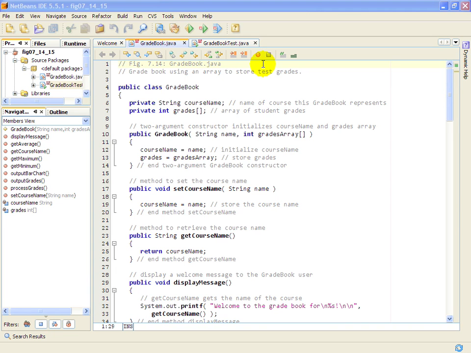Figures 7.14 and 7.15, GradeBook.java and GradeBookTest.java. Now that we've introduced the concept of arrays in Java, we're going to go back and enhance our GradeBook case study to be able to process an array of grades that's passed into a GradeBook object as part of its